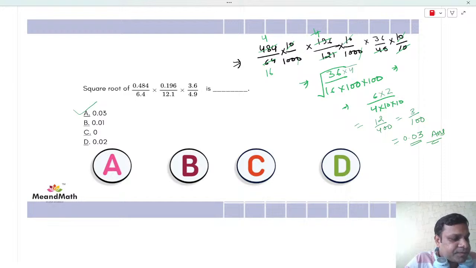Okay, Tanmay. So 0.03 is the correct answer for option number A. Option number C was mentioned at the start by Kunal. Kunal, option number C is not correct. Option number C is 0. Kunal, you are saying that option C is 0,